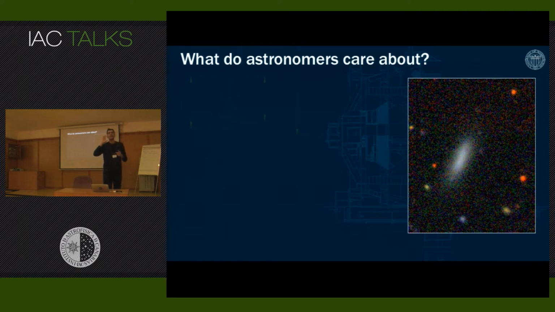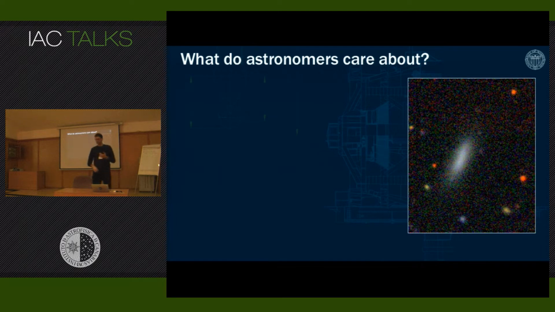Correlations, say between fluxes of different objects or positions. Shapes, structure. The response function of the detectors, and also what type of light you are observing. Is it X-rays? So we want to know all of this as a function of